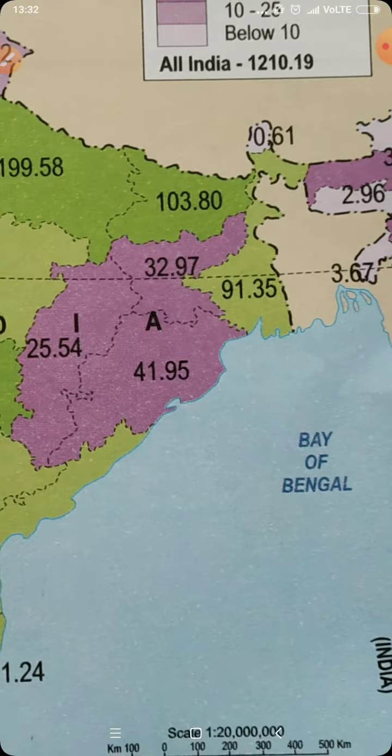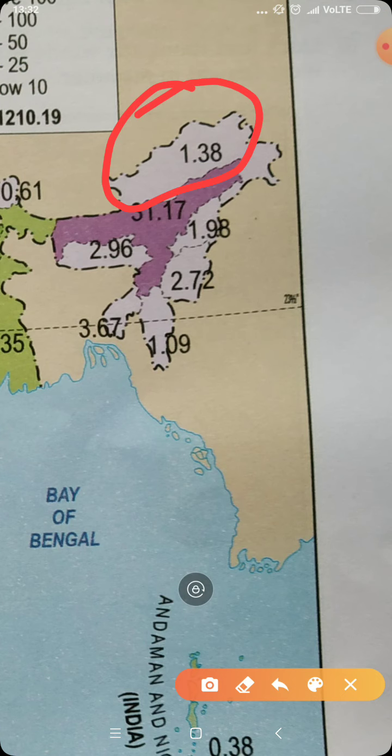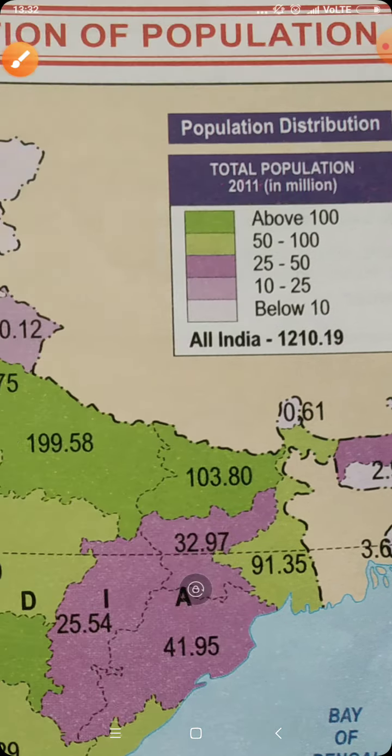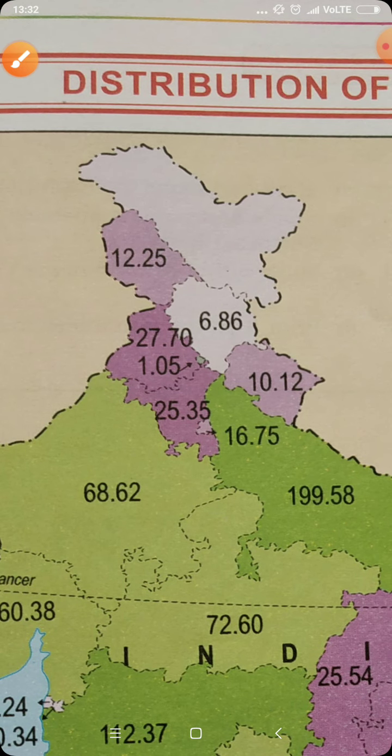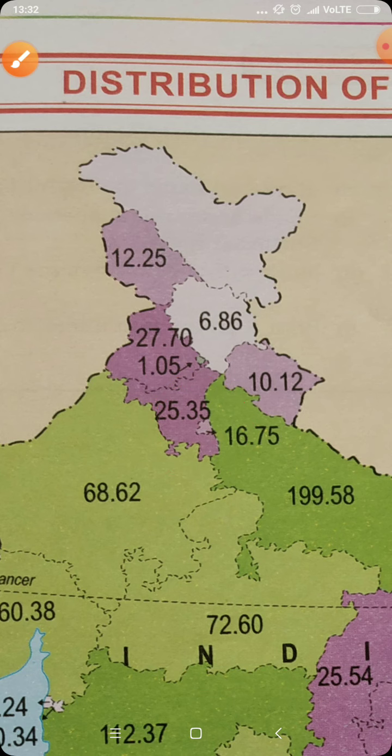This is Arunachal Pradesh. You can see very few people are here. Arunachal Pradesh I'll circle. So this is Arunachal Pradesh. Least population was there according to the survey, and highest population was Delhi. Highest density Delhi NCT, National Capital Territory, that is maximum. This is the portion of Delhi. So like this it is shown. Highest population was there in NCT, National Capital Territory.